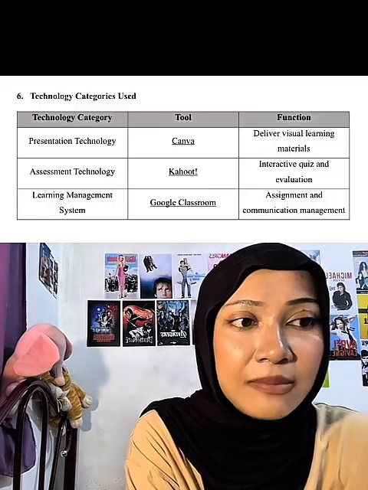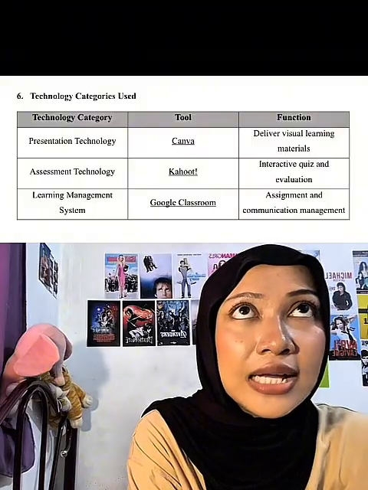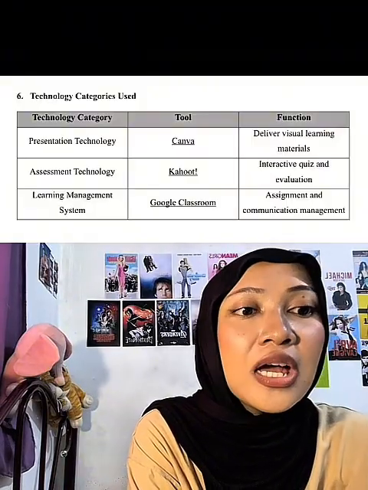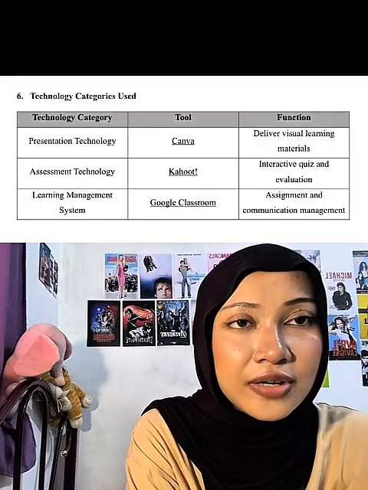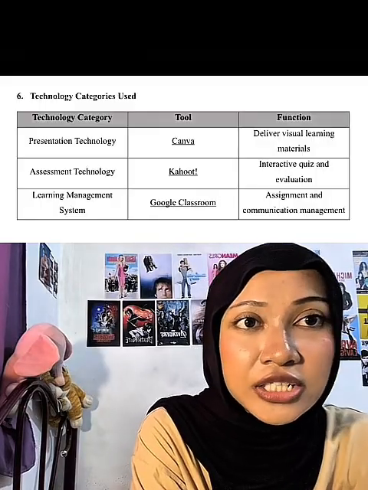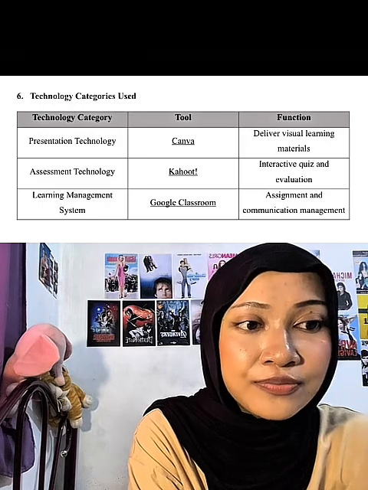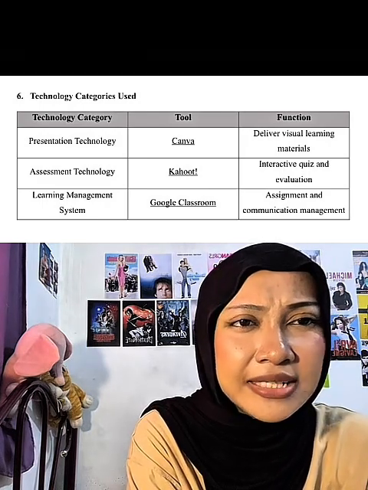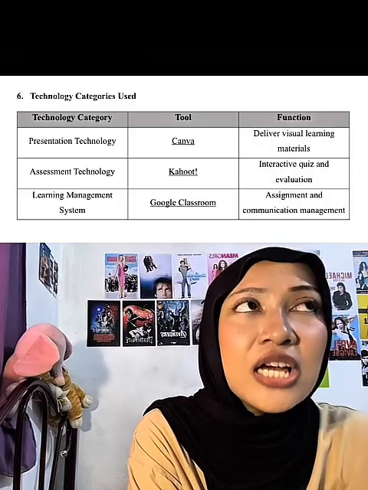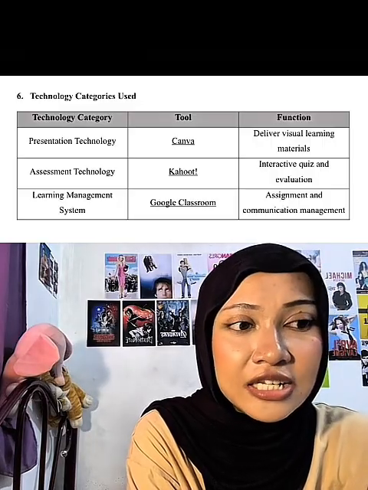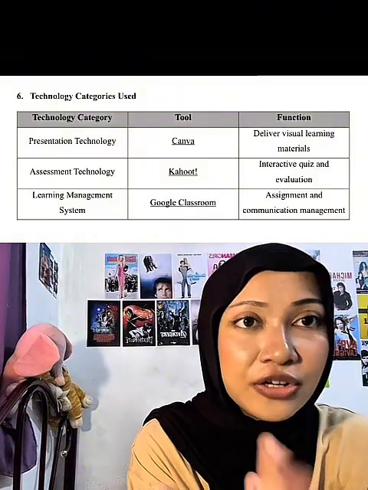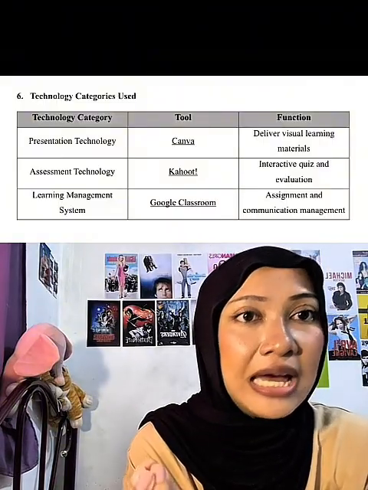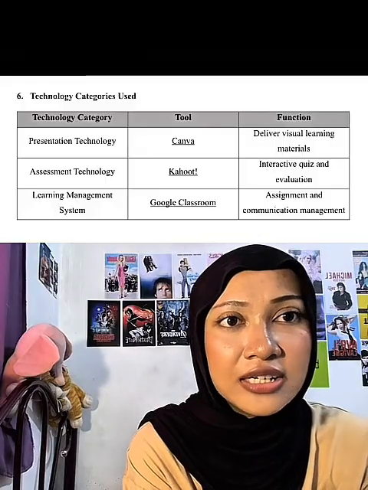This technology helps teachers to evaluate students directly and interactively. And then the third category is learning management technology using Google Classroom. This platform supports assignment submission and communication. So each technology has a different function, but together they support better learning outcomes and how to manage the classroom